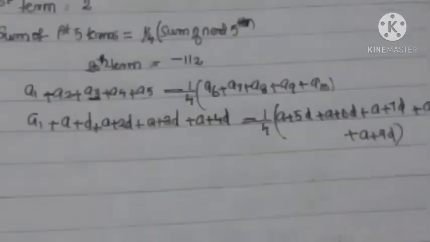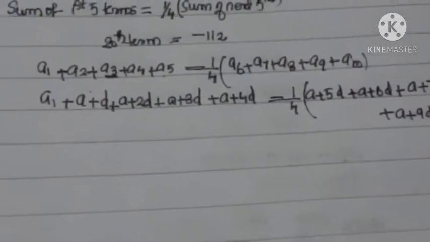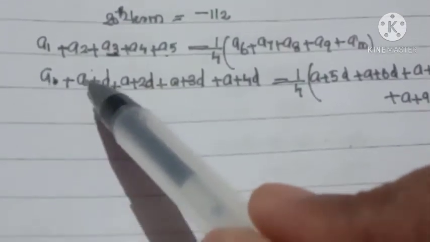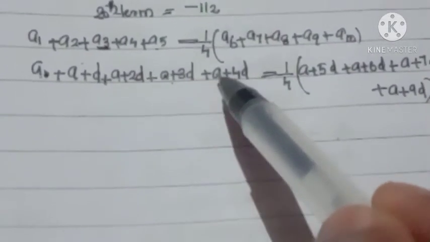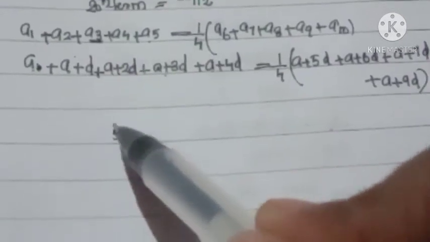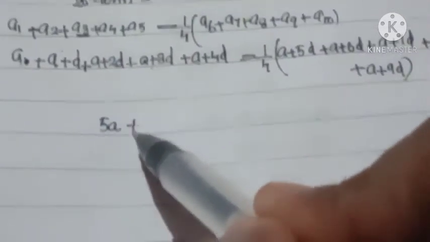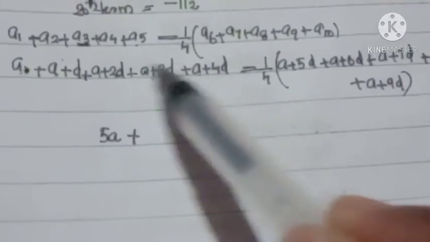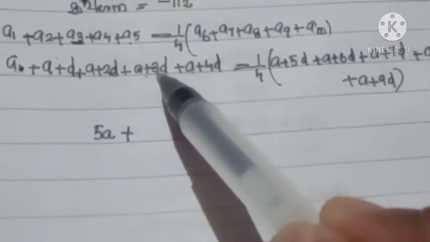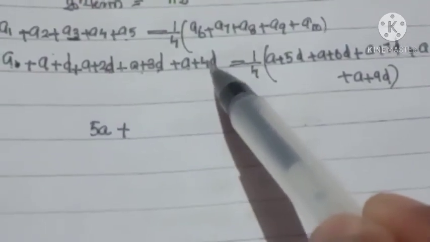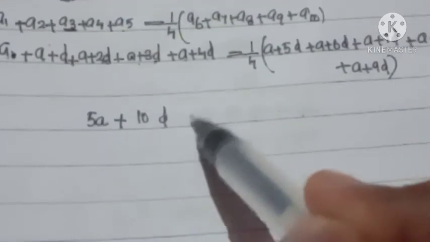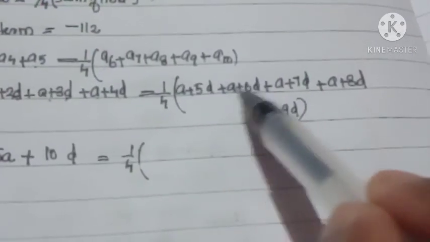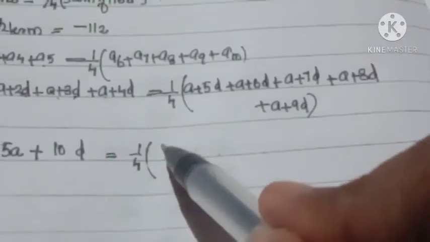Now add like terms. A1 is the same as A. A plus A plus A plus A plus A. How many A are there? 5. So 5A plus, now add D. D plus 2D plus 3D plus 4D. D plus 2D, 3D. 3D plus 3D, 6D. 6D plus 4D, 10D is equal to 1/4 into, similarly, 5A